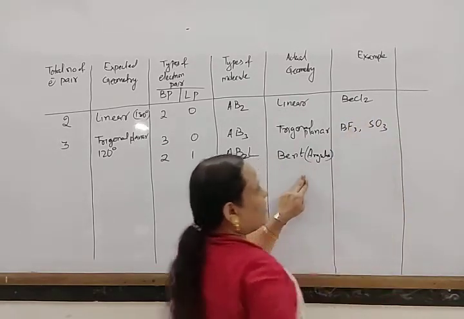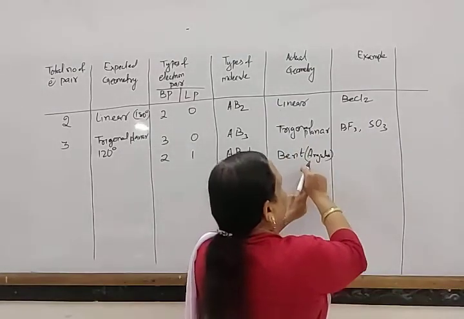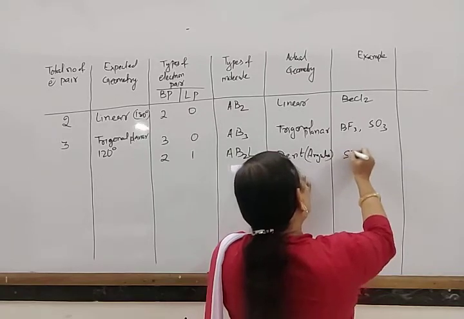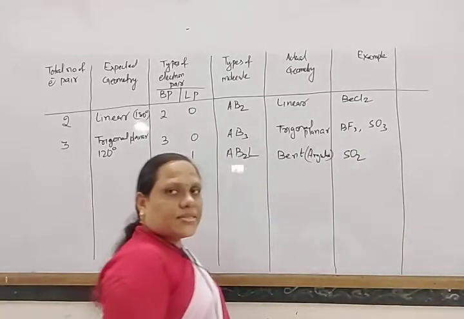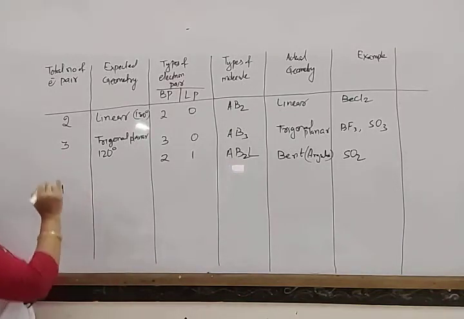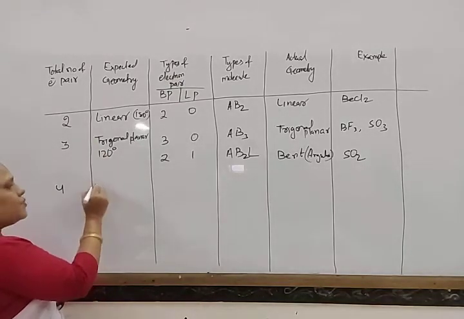SO3 comes under this, because the pi bond does not participate in the shape, and the shape is bent or angular. An example is sulfur dioxide, SO2. Similarly, if the total number of electron pairs is 4, then its shape should be